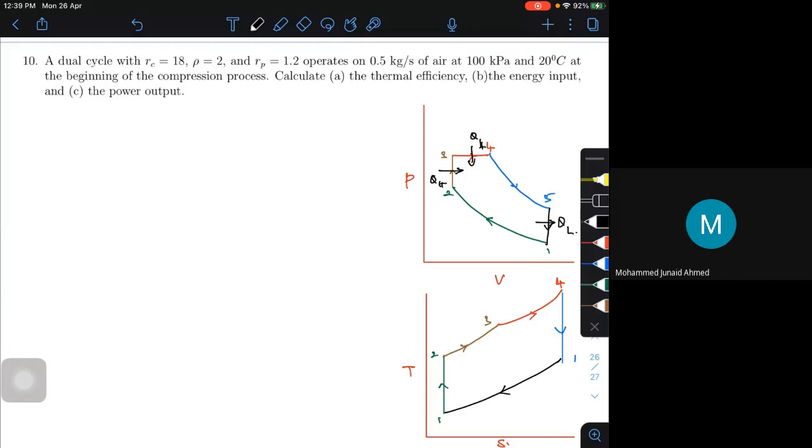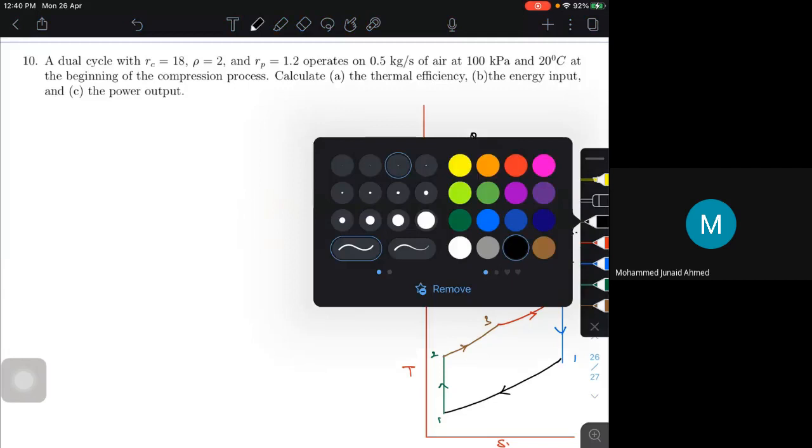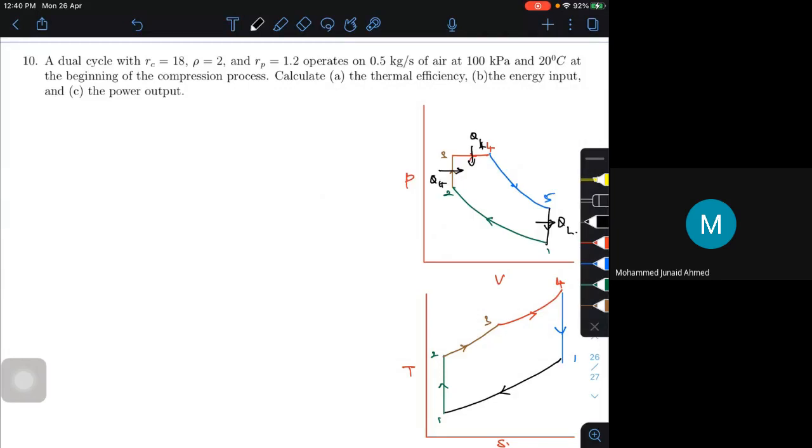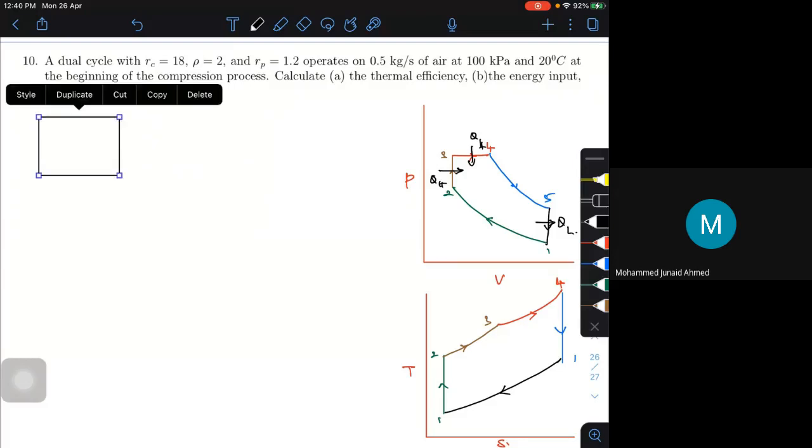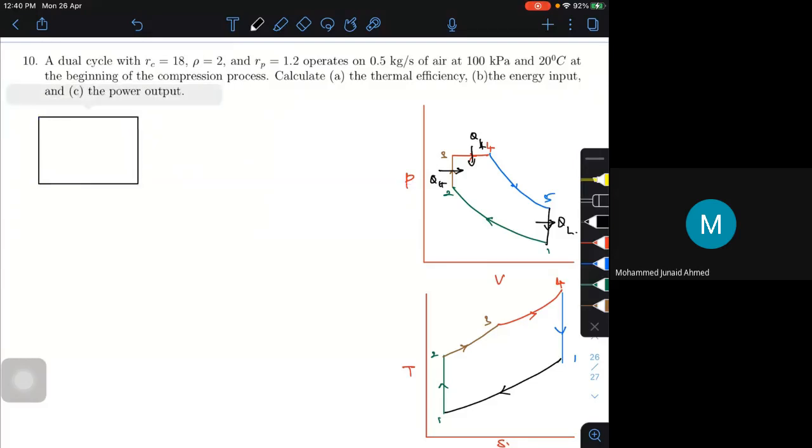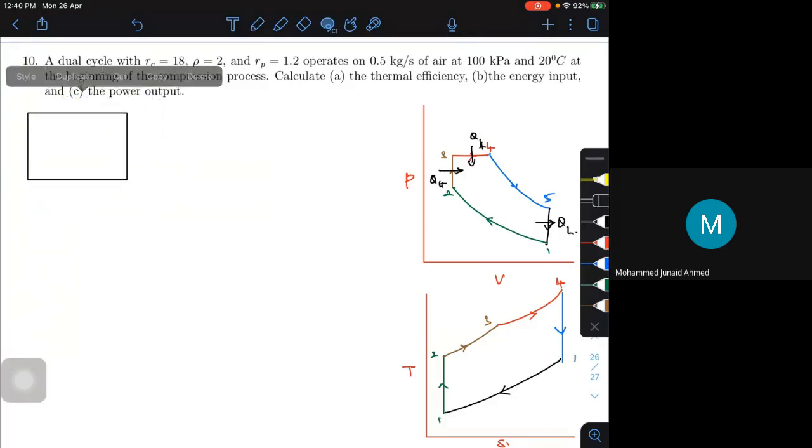Now I do have 5 different points here, instead of 4 points. So let me write the table for all 5 different points. This is what I have. I will copy the same thing for the 5 different points.